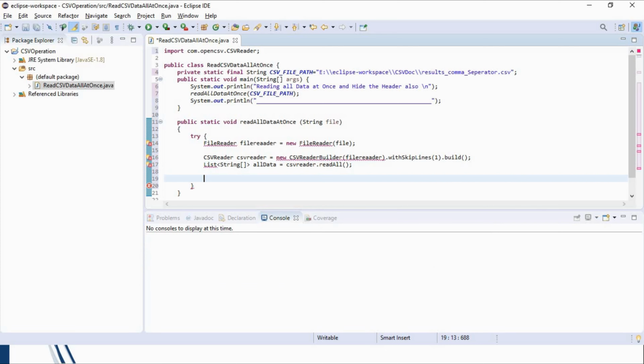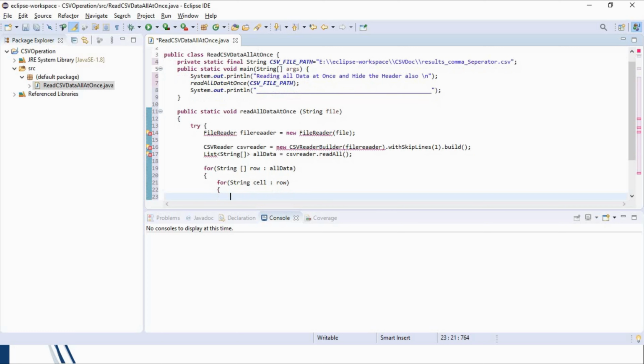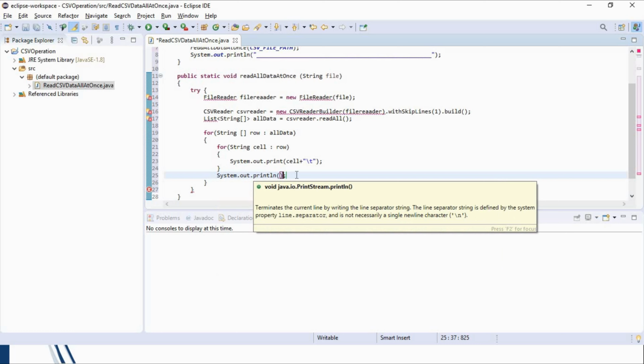And now we will print the data of the list. This line, System.out.println, will help the cursor move to the next line.